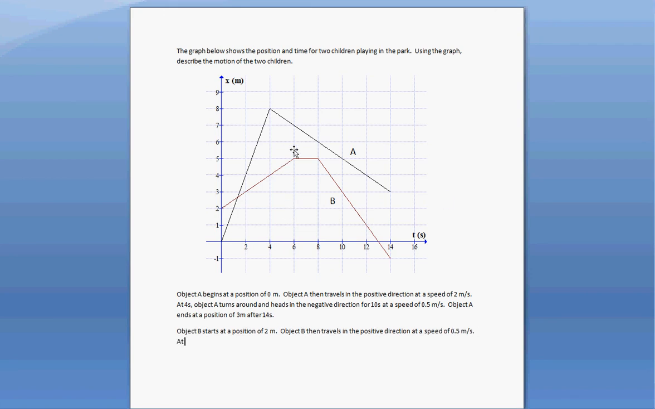At 6 seconds, something different happens. Object B, well, at 6 seconds, time is still passing. We're going from 6 to 8 seconds, but position is not. So object B stands still at a position of, looks like at 5 meters. At 8 seconds,